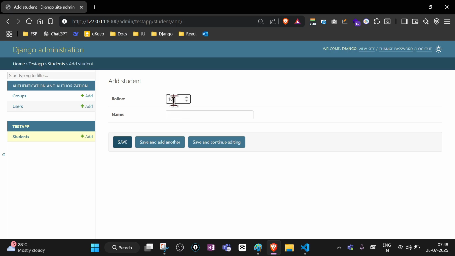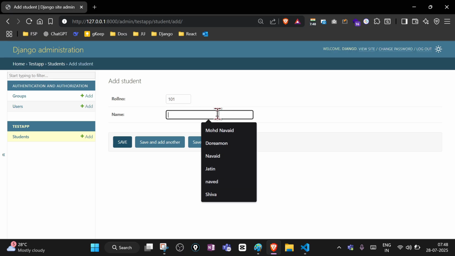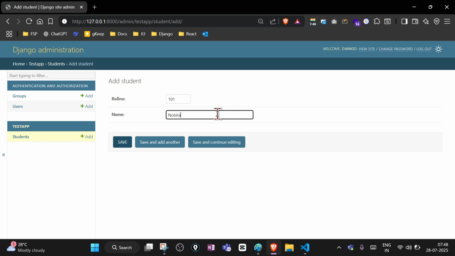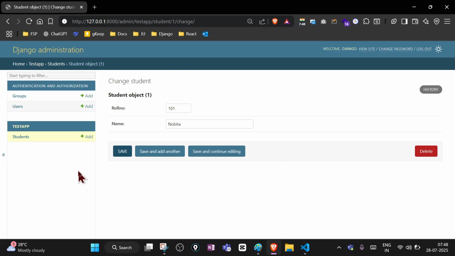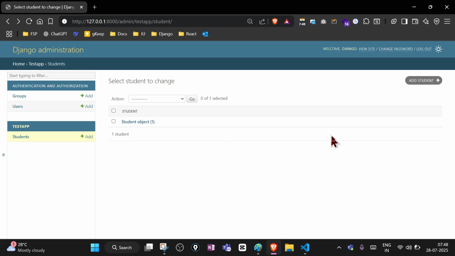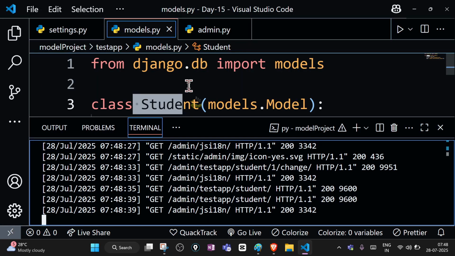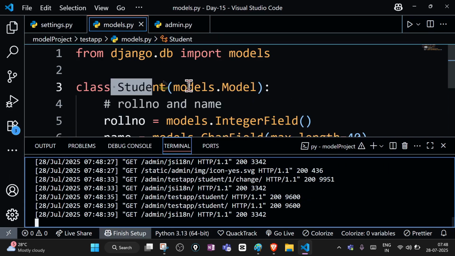Here you can enter 101 and this is Nobita, and you can save this. So one student has been added. One record has been inserted into the student model. And if you want to see this also, here you can see